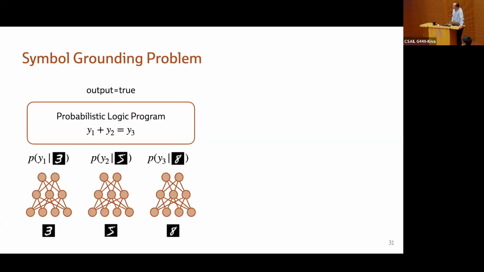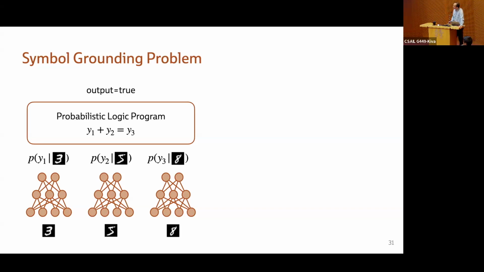In order to evaluate the capability of a neural network or a perceptual model that is processing the data, we want to be able to learn a mapping from the images to the symbols that satisfies the underlying knowledge, but also captures the underlying concepts in our images. And so the symbols should be grounded in the concepts of the images.